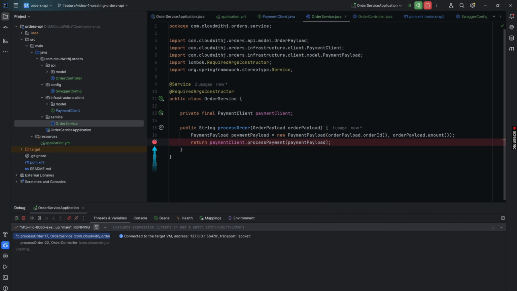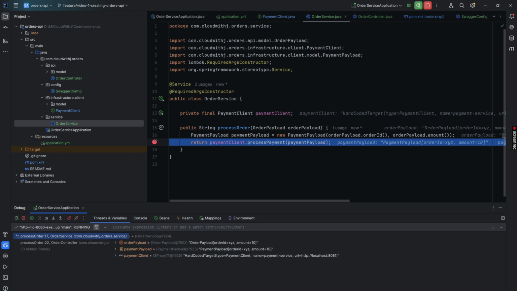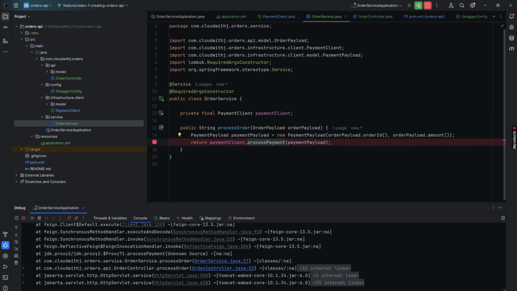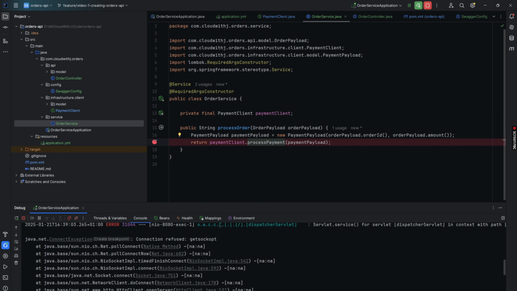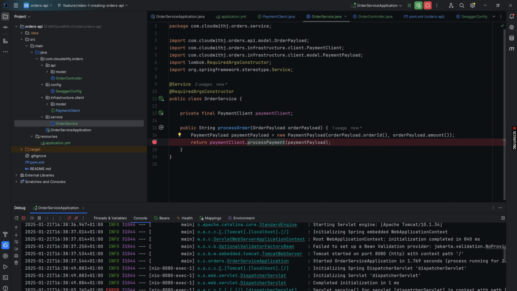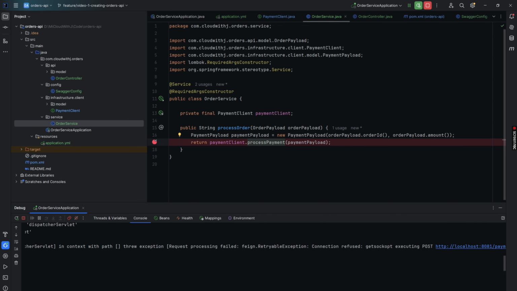Since I've set a breakpoint just before using the Feign client method, the process stops, and I can now consciously control the execution of the interface method. I let the process continue. I get a connection exception. Of course, this makes sense because I'm trying to send a request to the payments microservice, which I haven't started or even created yet. So, I'll quickly create it now and repeat the request operation.